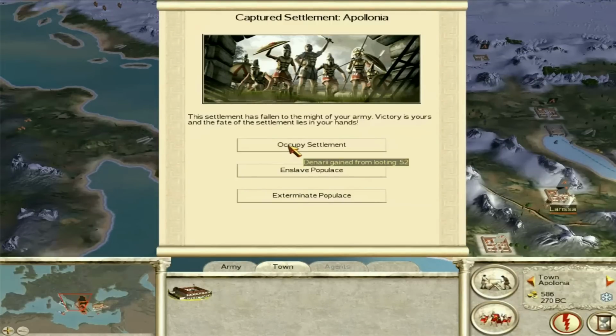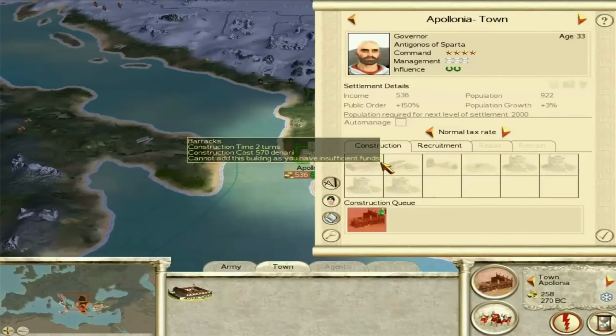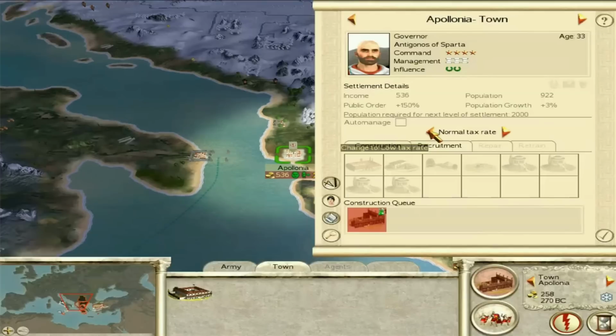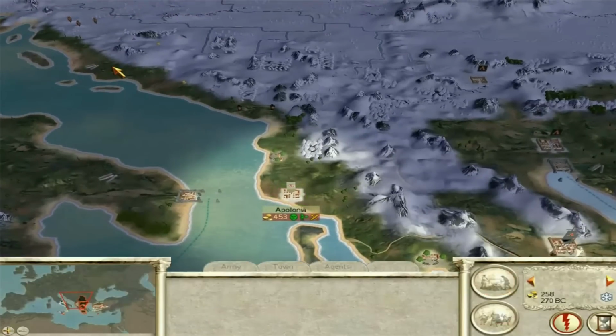And, yep, we'll occupy it. There's no reason to kill these guys. So what we'll do, first of all, wooden palisade. And that's all the money. That's all the money gone. Okay, I'm actually going to lower the tax rate purely because I want to start growing this settlement as much as possible. So, yeah. Now, there is Segestica up here, which is rebel as well, which I would like to